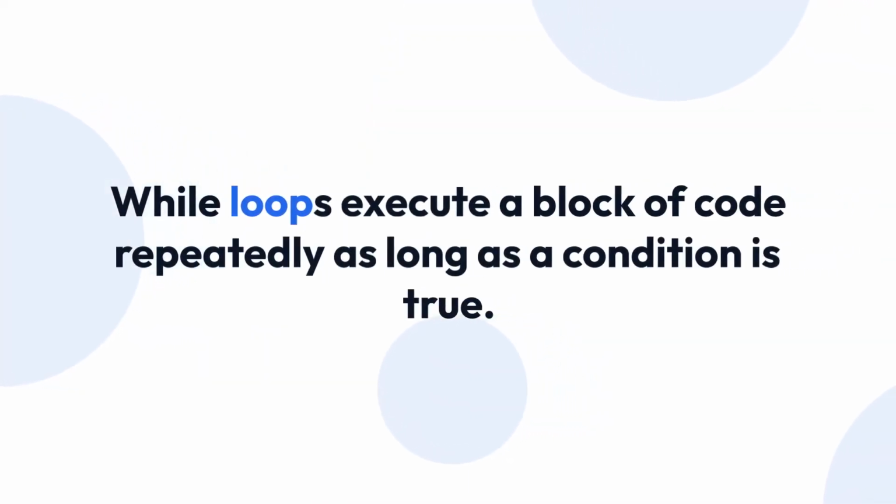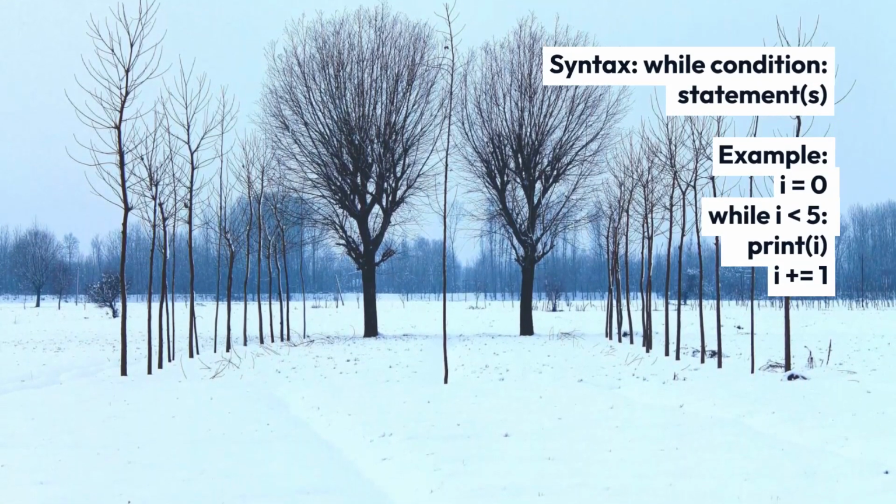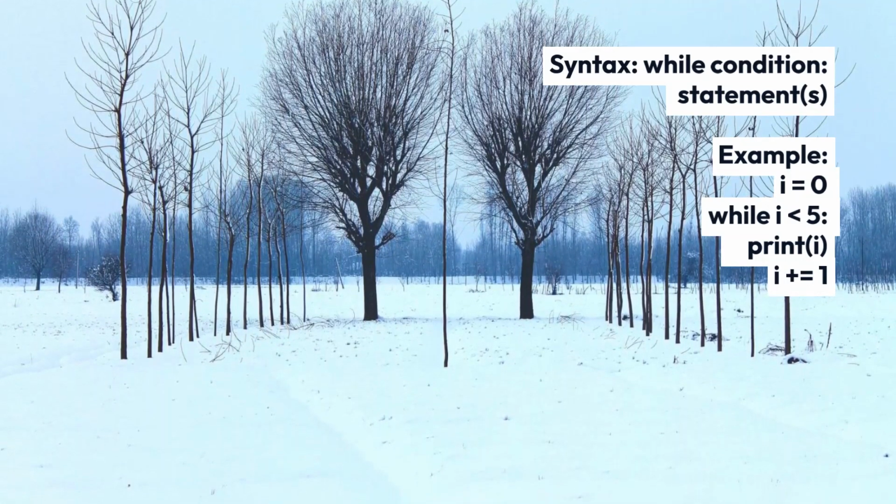While loop executes a block of code repeatedly as long as the condition is true, which means if we have a statement i equals 0, while i less than 5, print i and increment the i with 1. So this will run till